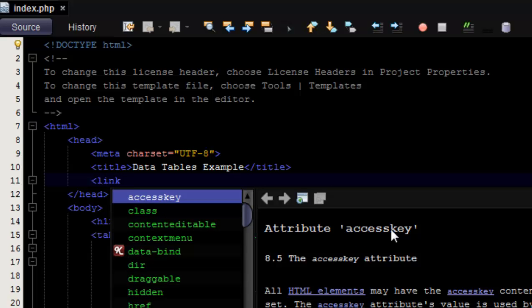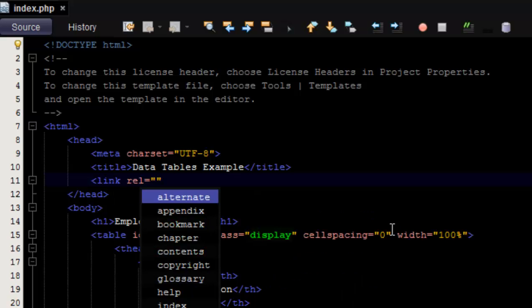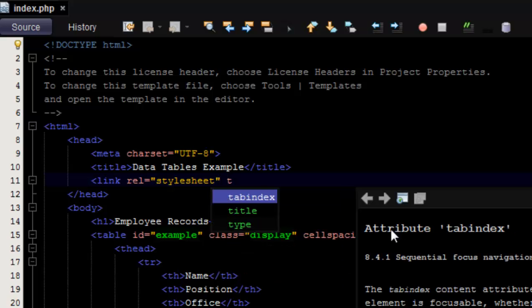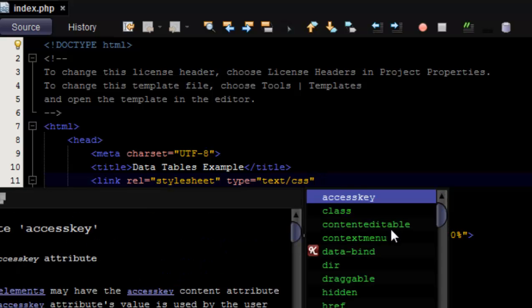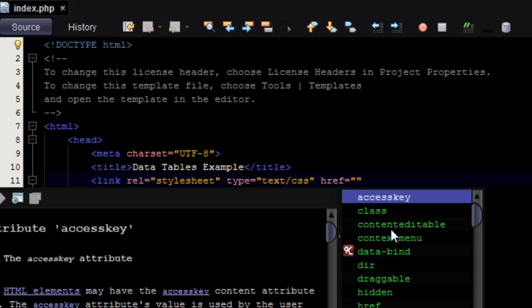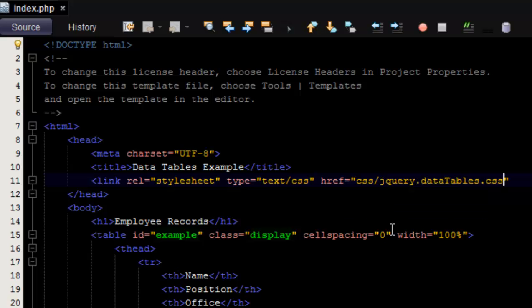So we're gonna say link rel, and rel is gonna be stylesheet, and then the type is gonna be text/css, and then the href is gonna be CSS/jQuery.DataTables.css. So that's how to link the external